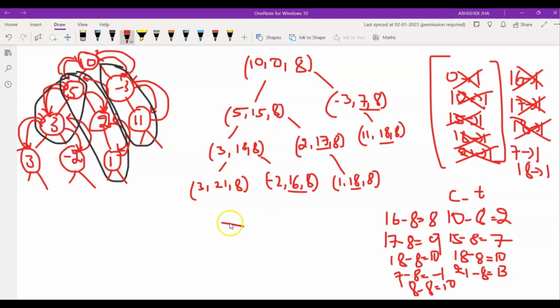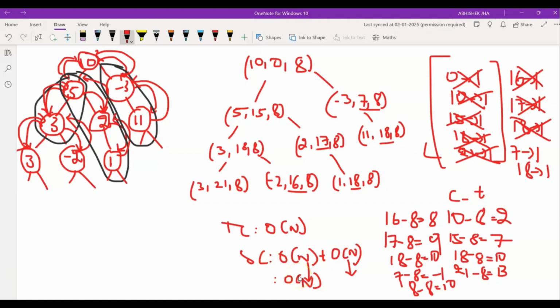So here the time complexity would be O of n, as we are iterating over all the possible nodes in our binary tree, and the space complexity here would be O of n plus O of n. The first O of n is for the map where we are storing the prefix sum of all the possible nodes, and the second O of n is for the recursive stack, as we are using the DFS function to explore each and every node in our binary tree. So the overall space complexity would be O of n.